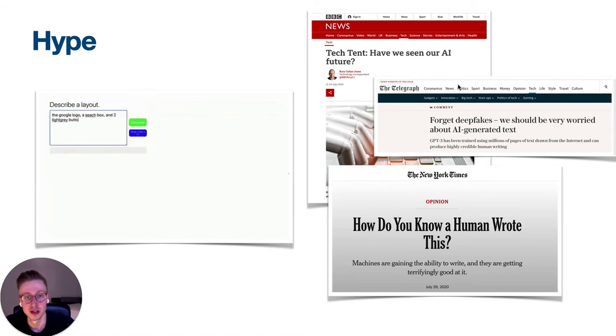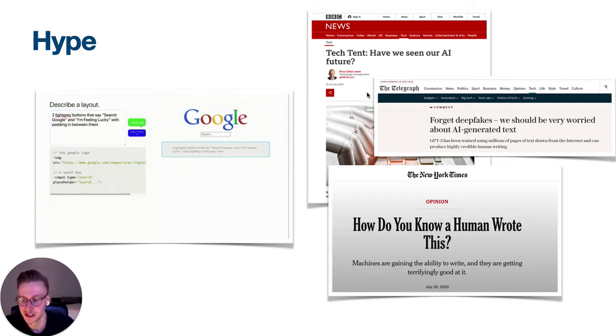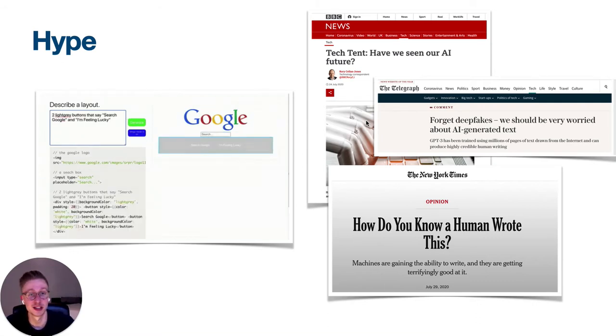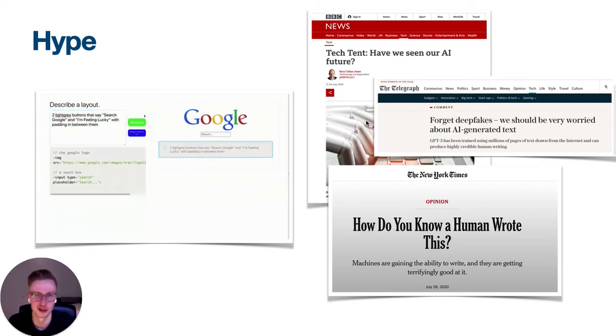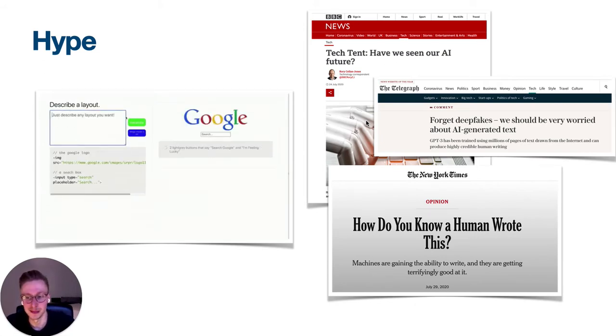And also a bunch of mainstream media was talking about GPT-3, which usually doesn't happen when a new language model is released, that the New York Times is writing about it. So there was definitely some hype around it, and also some fear that this could be like the super intelligent AI that a lot of smart people were talking about. And today we will see, is that really the case? Is it that smart, or is it mainly hype?